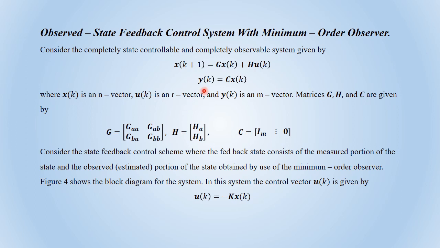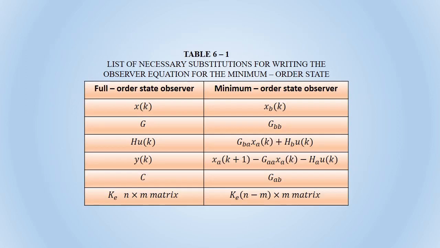This is our system and this is our partitioned matrix, and our control law is u of k is equal to minus kx, and we have to transform the state equation into the partitioned state equation, and we have to do certain substitutions. The substitutions are: x of k we have to substitute as xb of k, G we have to substitute as GBB, then H into u of k we have to substitute by this particular expression, y of k we have to substitute by this particular expression, C we have to substitute by this particular expression, and Ke, an n by m matrix, will become Ke, an n minus m by m matrix, and we can solve the design of the state observer in a similar way that we did in case of the full order observer by substituting these terms. And with this, we have covered the theory of minimum order observer in short,